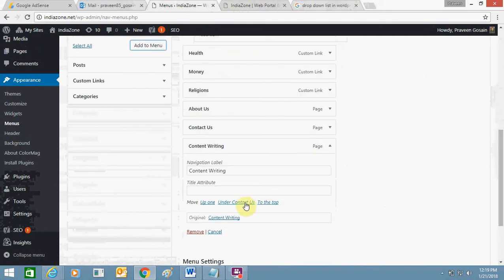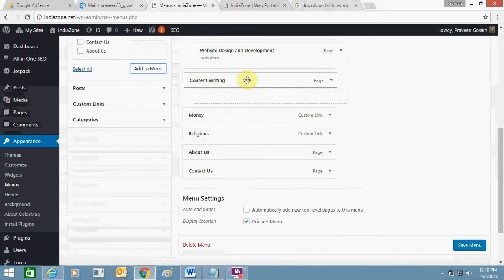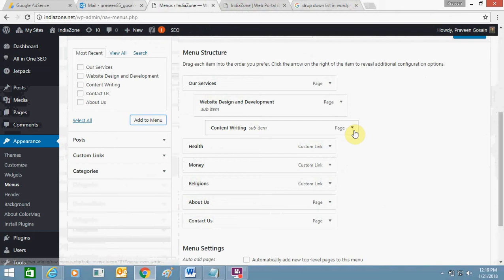It is showing under Contact Us, which means it will show under the option at the top of this. Try to scroll it up and put it here. Now click it.